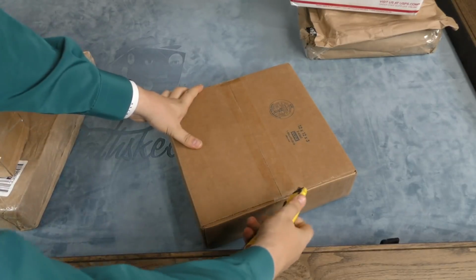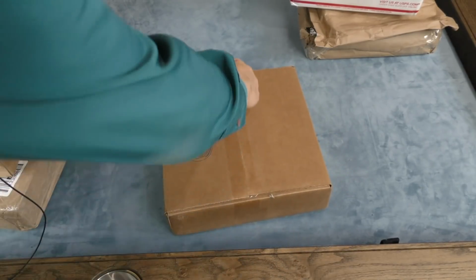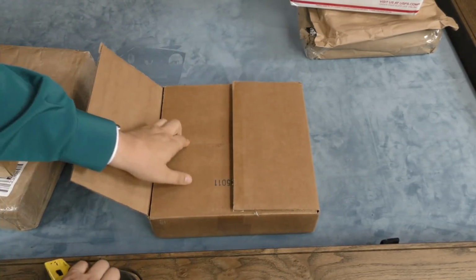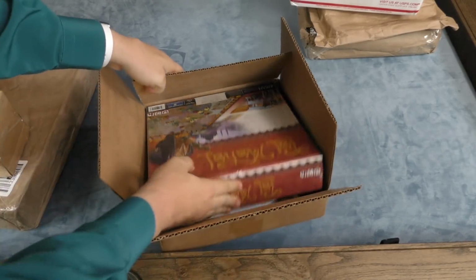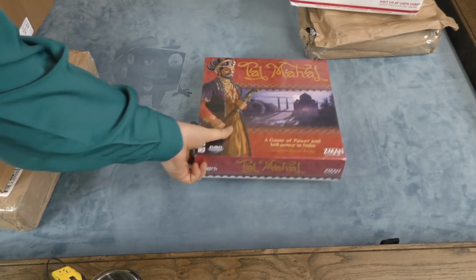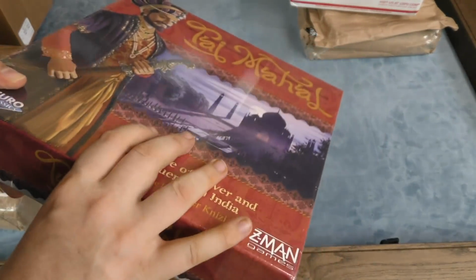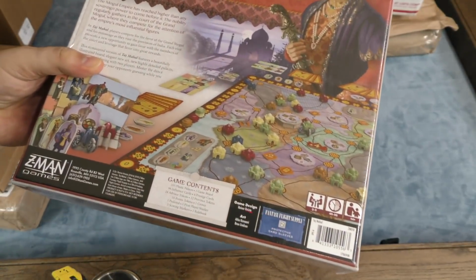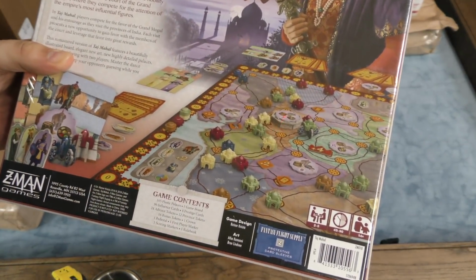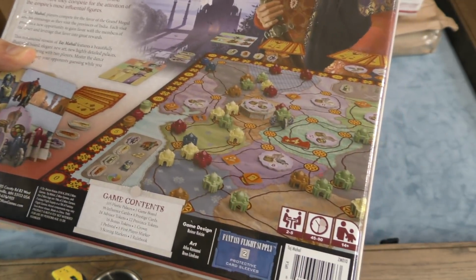We continue on our merry way here with a fairly condensed box. And it's another one for the Dice Tower library. This is Taj Mahal. I actually hate this game, but that doesn't matter. A lot of people like this style game, a push your luck. Not push your luck, but it's more of a who's going to blink first type kind of game